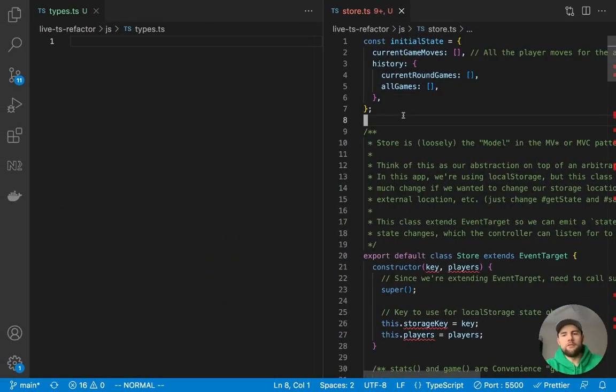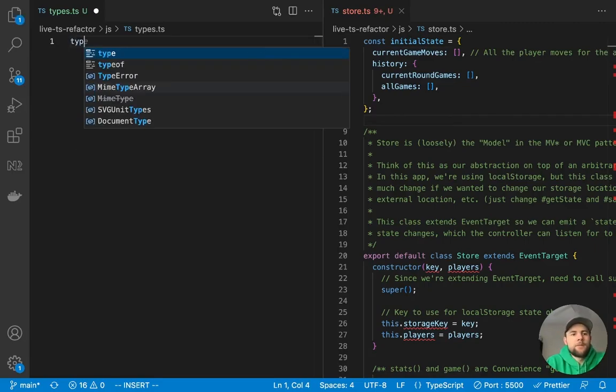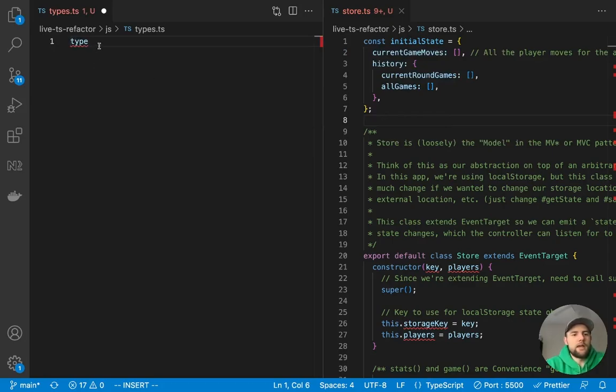Now, the benefit of TypeScript is to have confidence over the types we're passing around. So it would be a great idea to define that state. In TypeScript, you define a typing with either the type keyword or the interface keyword. The difference between the two is a discussion for another day. I generally prefer types, but some people will get very heated in a discussion about which one is better in which situation.